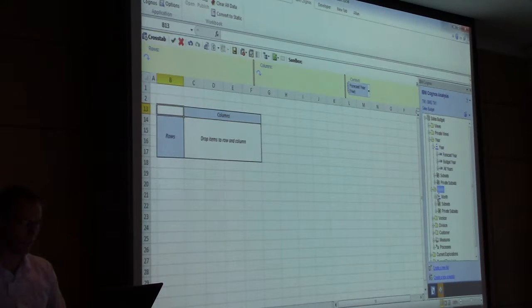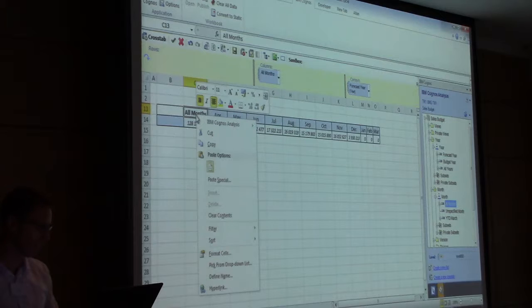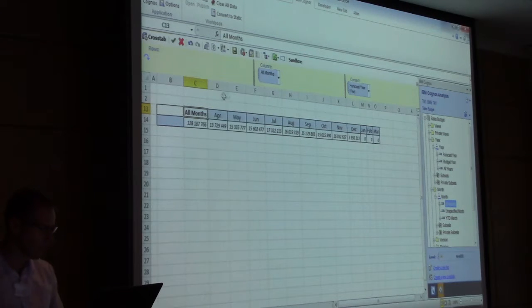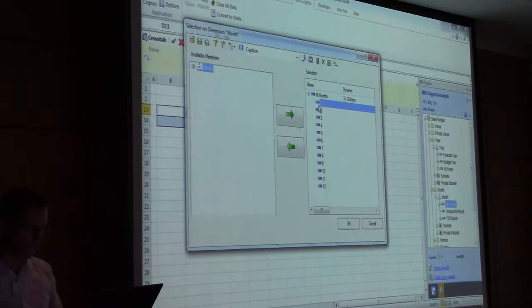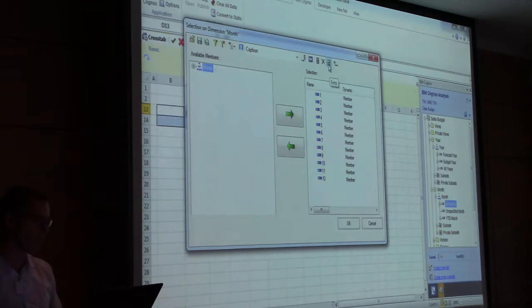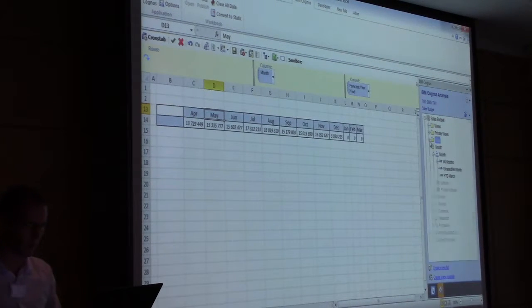I could pull all months across the columns, and I can right click on a field, sorry, not right click on a field. I think I'm going to edit the set, so I can highlight the areas that I want to keep, so maybe I want to do an analysis, so I can choose the different aliases, and then it'll update, and then I could maybe just drop in customers again as a context, so I could pull in all customers as context, and then maybe